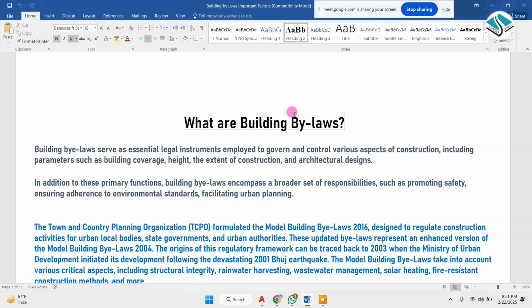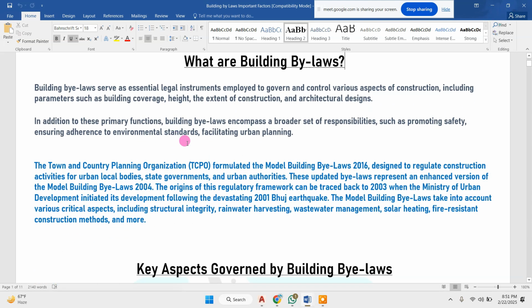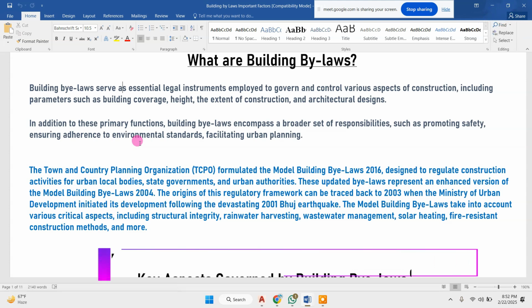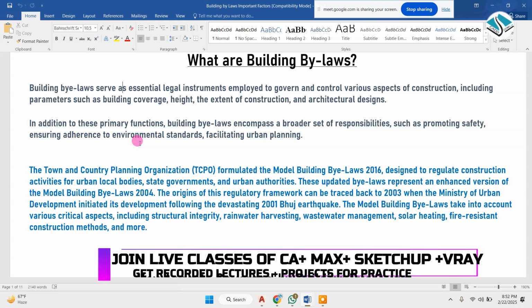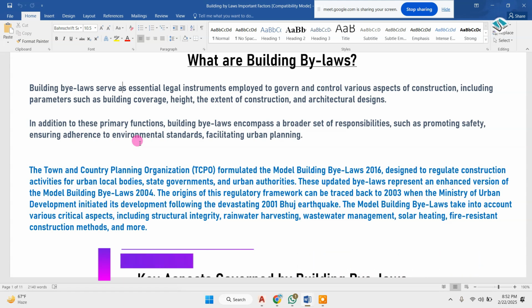So all of these things we can study in building bylaws. First of all, we will discuss the meaning of the building bylaws. The Town and Country Planning Organisation, which is called TCPO, formulated the Model Building Bylaws 2016, designed to regulate construction activities for urban and local bodies, state governments and urban authorities. These updated bylaws represent an enhanced version of the Model Building Bylaws 2004, and the origin of this regulatory